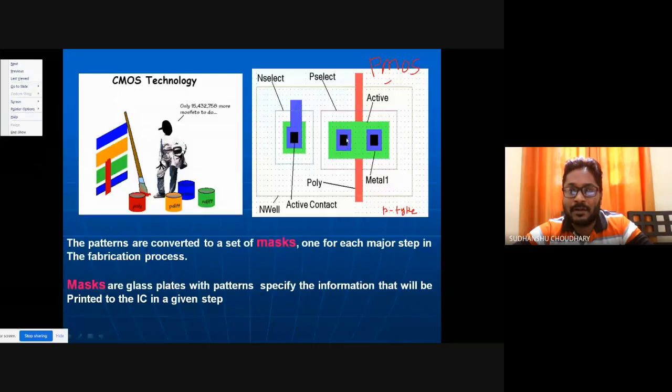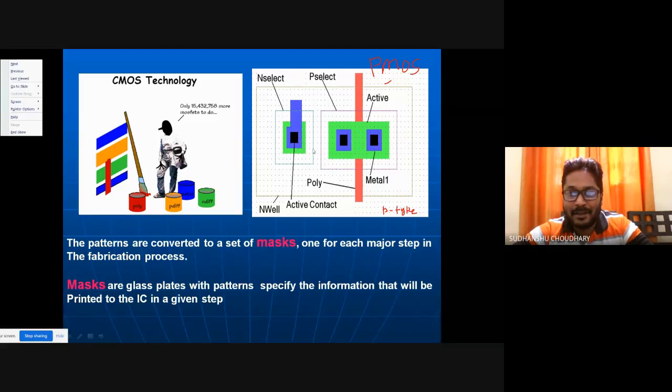That is provided by this active contact. Similarly, for this other region, either this could be source and this could be drain. Let's say this is source and this is drain. The same thing you have to do here. So my PMOS transistor is now defined.